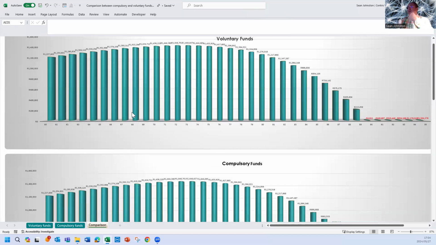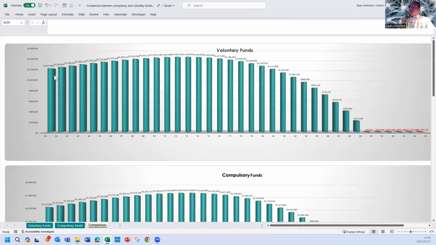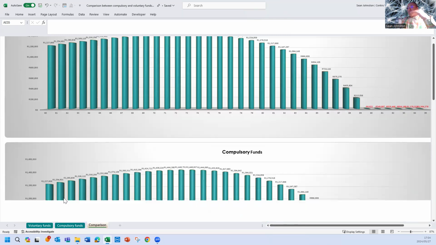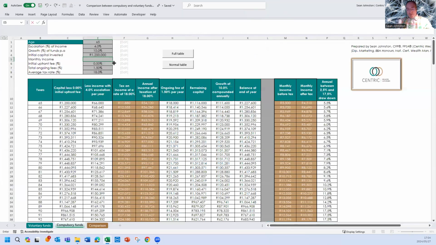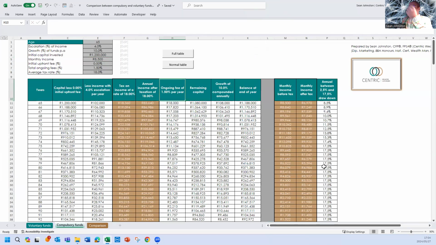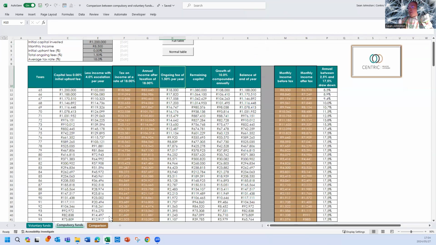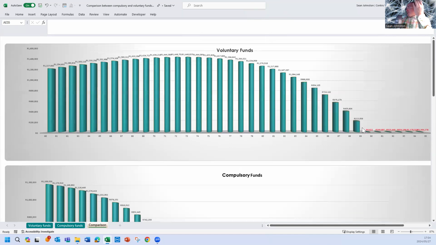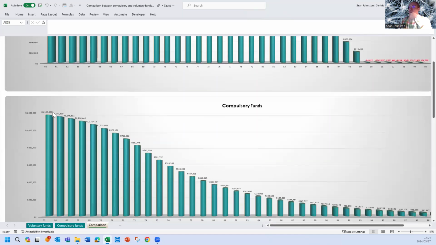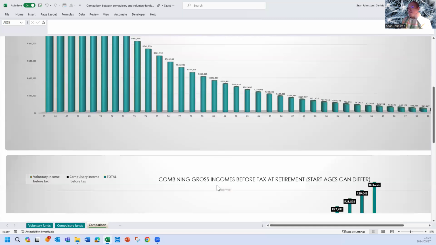And you can see now, this is a bit of a better scenario, of course, because on your voluntary fund, starting at 60, your money's going to last a lot longer because we're drawing a lesser amount. And maybe with the compulsory money, we then boost that up to, let's say, 8.5. Because even though the money is capping, it's still going to be available. And then we can actually plot it. So now you can see this is going to run till 89 on voluntary money. And your compulsory is going to reach the 17.5%.